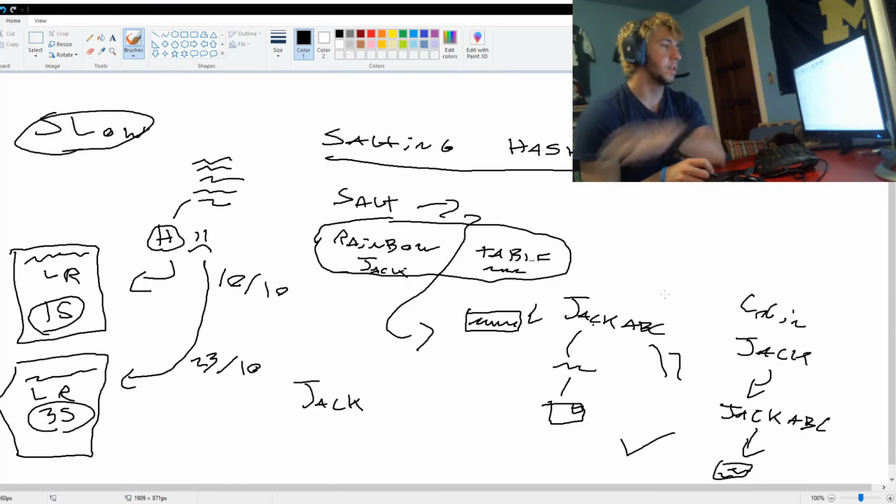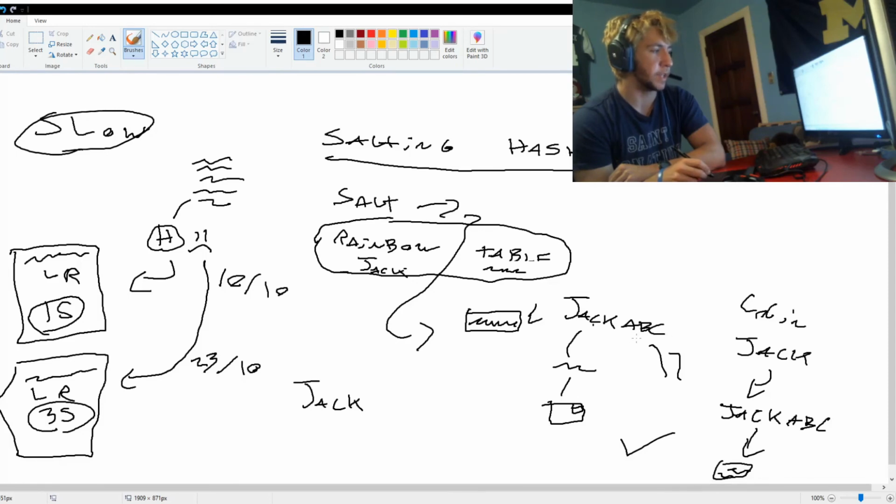If my program is using the salting function, where it's adding a little piece of data to the end of my passwords before it's verifying it, and before it's saving and checking these hashes, Jack might be a common password and might have a common hash associated with it in a rainbow table, but Jack ABC is not. And even though my original password is still Jack, and it still should represent this hash, the actual data that's being hashed is different and returns a different hash. So that by itself is a strong security measure.